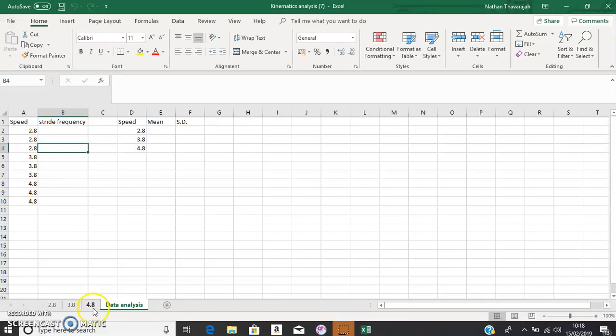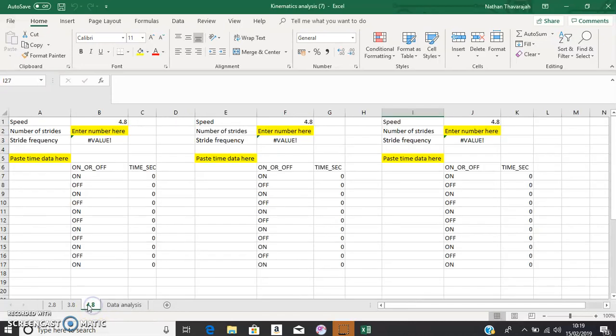And there are some spreadsheets for each speed as well. So there's one for 4.8, there's one for 3.8, and there's one for 2.8. We're going to leave it on 2.8 kilometers per hour for now because that's the speed that we're going to start with. Okay. So when we do our video analysis, what we're going to do is paste the data from that analysis into here, and then that's going to enable us to be able to calculate that stride frequency value